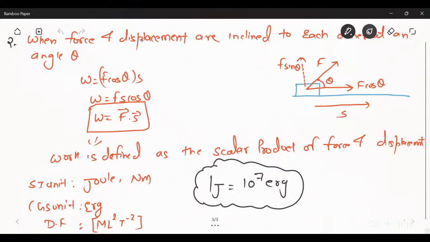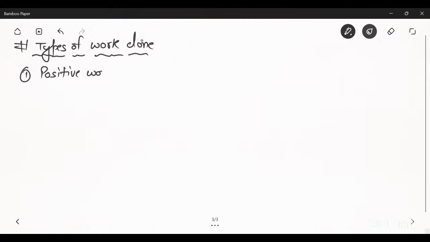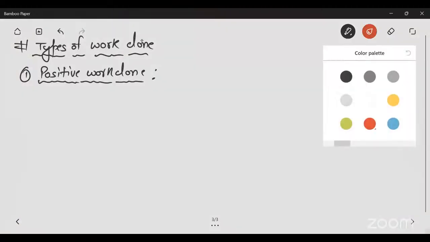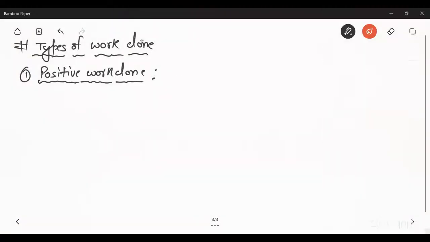Now come to the next topic, that is types of work done. So there are three types of work done: positive work done, negative work done, and zero work done. First is positive work done. So what is positive work done? When both force and displacement are in the same direction, that work is known as positive work. Okay. So work done is said to be positive